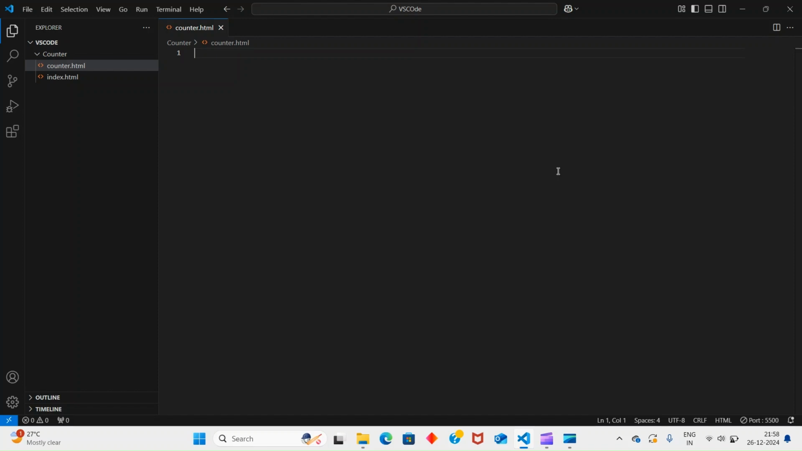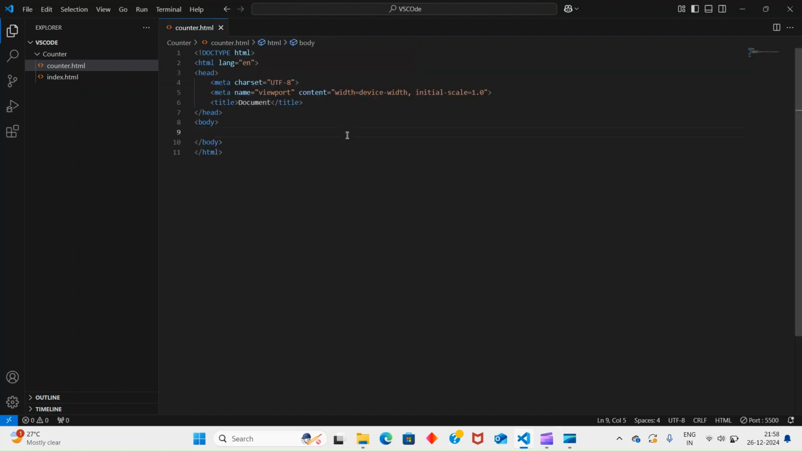Okay. So let's use a boilerplate of HTML. And here we are going to build a counter. That means instead of counter we can say countdown to 2025, where we'll be showing how many days, how many hours, how many minutes, and how many seconds are remaining